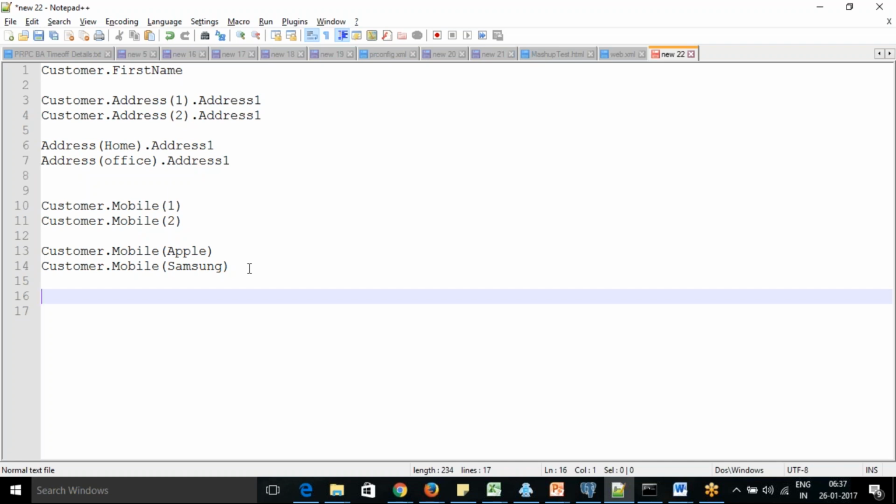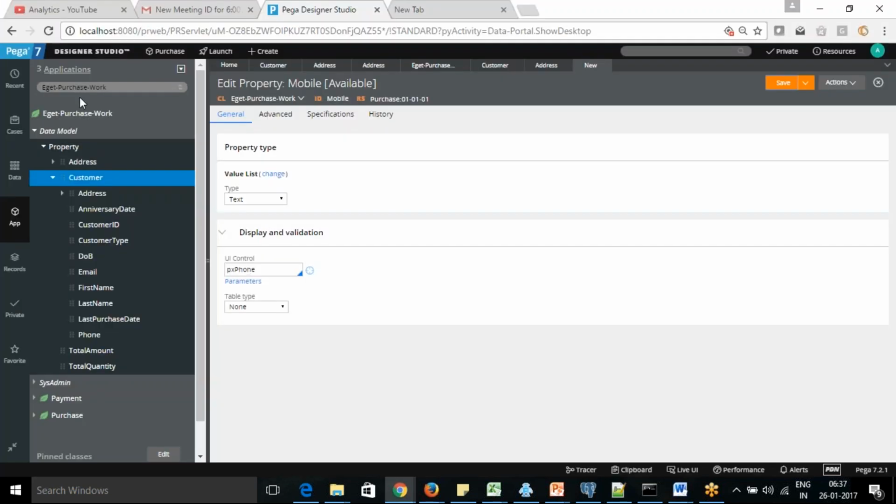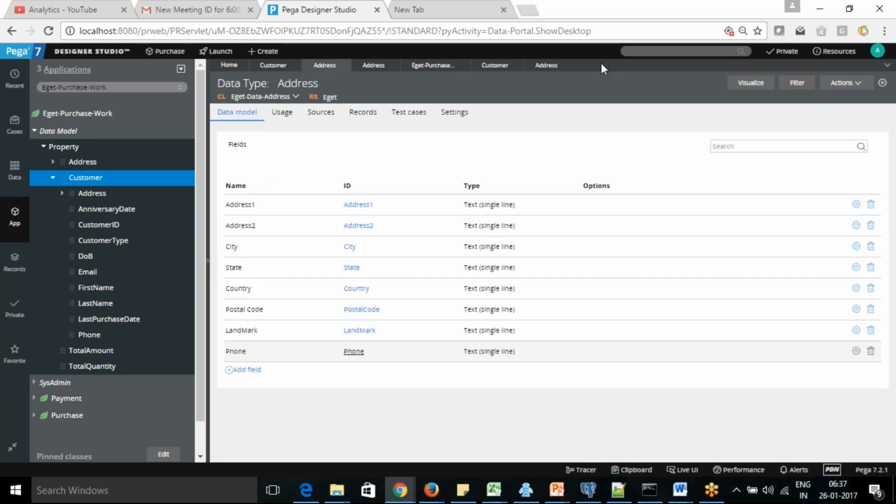So in future, if you want to add any attributes, we are able to do that. This is the property of mobile, which we call a value list or value group type of property.